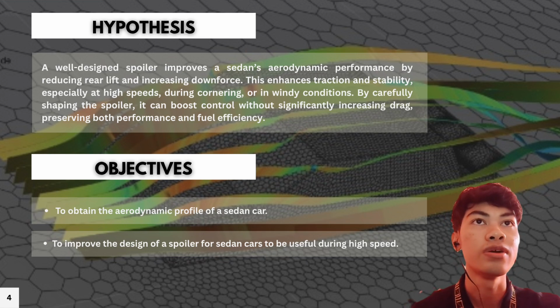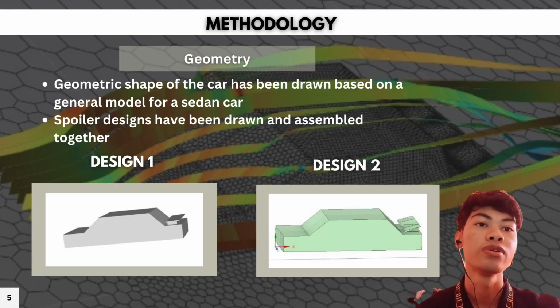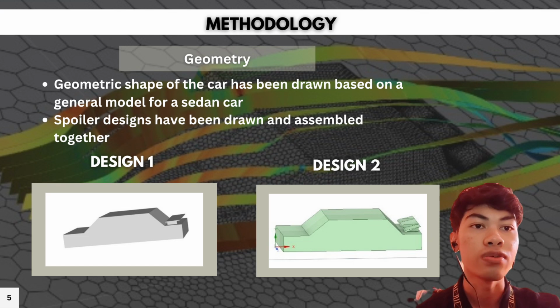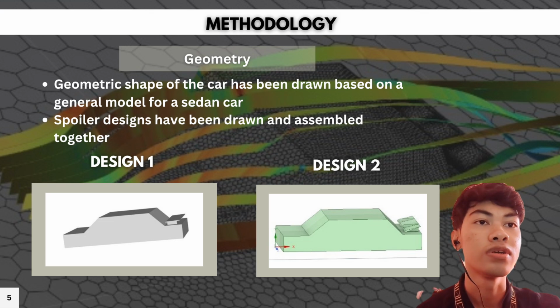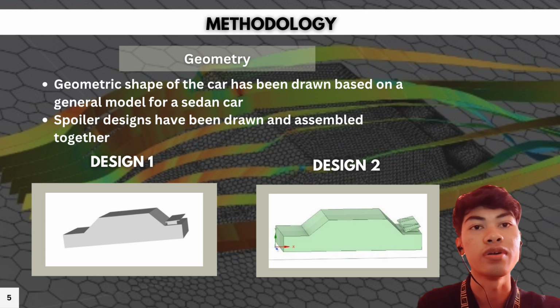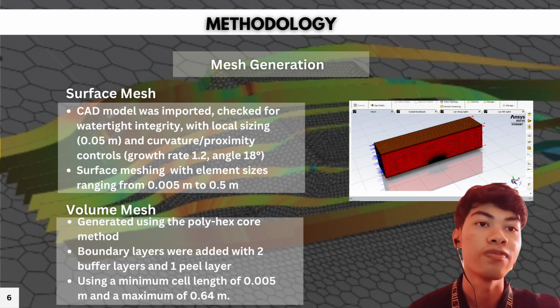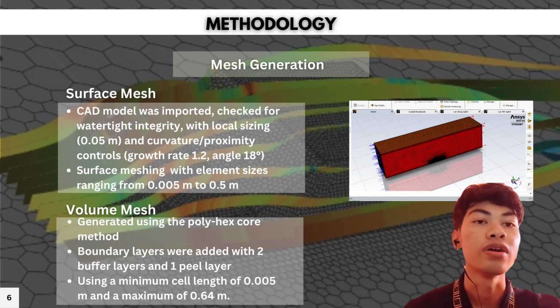Next, for the methodology, the first step, we draw the geometry, where we are using the ANSYS software, which is SpaceClaim, and the geometry shape of a sedan car has been drawn based on a general model for a sedan car. And we also draw two different designs of a spoiler and assemble them together with the body of the car. For the simulation, we use ANSYS Fluent, and the first step we do is mesh generation,